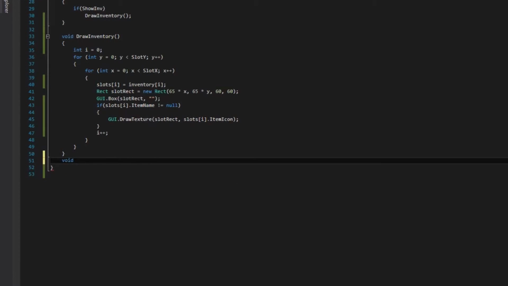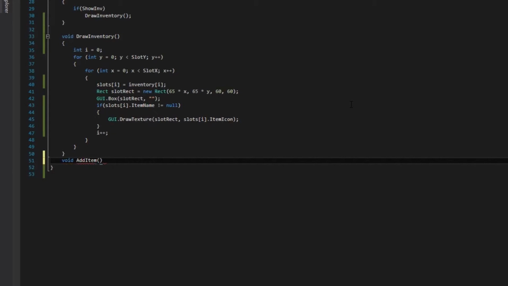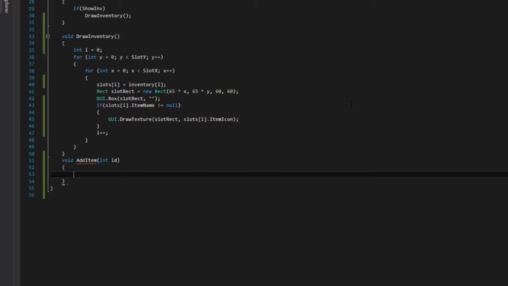new function and we're going to say add item, and we're going to add a parameter of ID. In this function we're going to just use an ID to add an item to the inventory. First we're going to have to sift through the inventory to check if there's an empty slot, and if there's an empty slot we're going to go ahead and add this item that we just sifted in with the ID